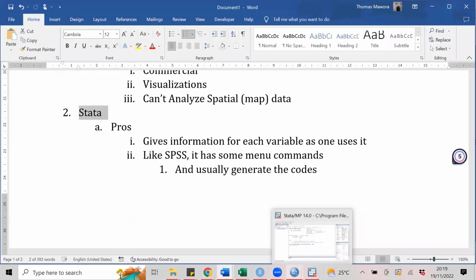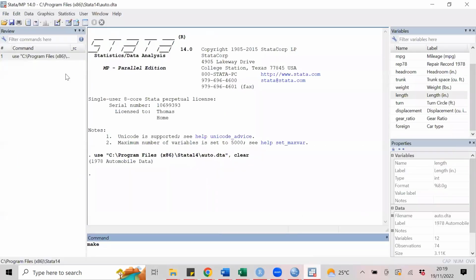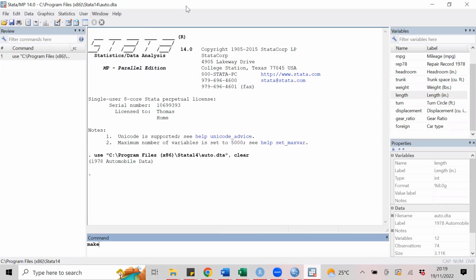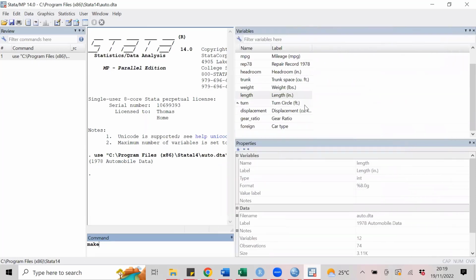So Stata is like an in-between Excel and programming languages. Now what is interesting about this is I will not run any command for now, but what I really like about it is you're able to see the variables.